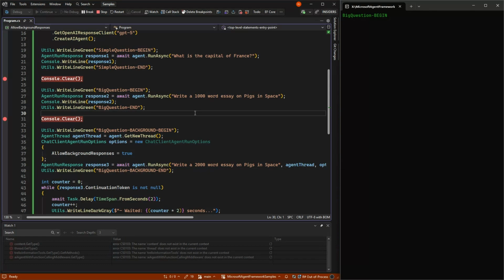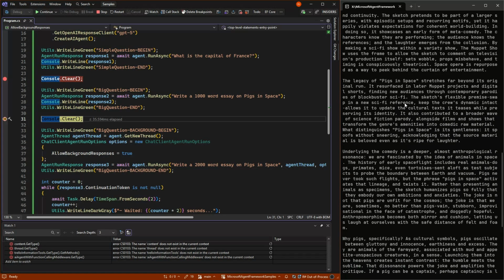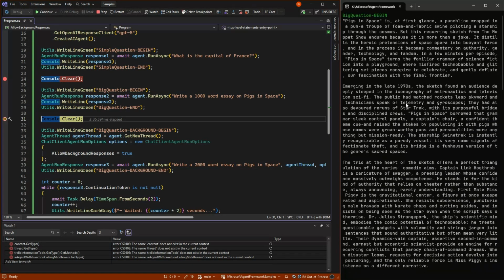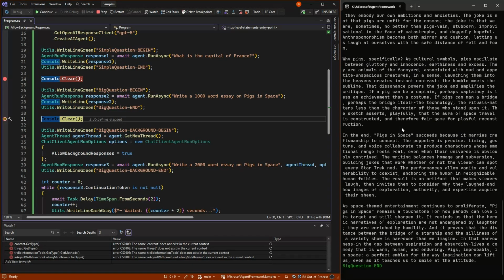But at some point it will come back once it has thought about it. And again, in a real life scenario, this could be a review of some code or something like that. In this case, it came back and it gave us a long answer, and that was the reason it used so long time.